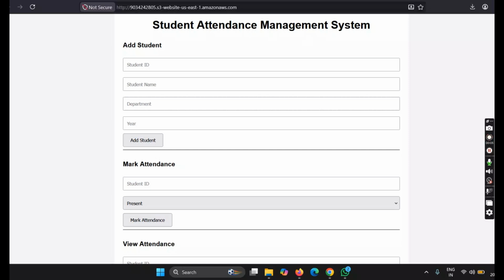Today I am presenting my project called Student Attendance Management System. This project is a cloud-based serverless application developed using AWS services. The main purpose of the project is to manage student attendance digitally and make the process easier. The main objectives of the project are to create a cloud application without managing servers, and to store student and attendance records